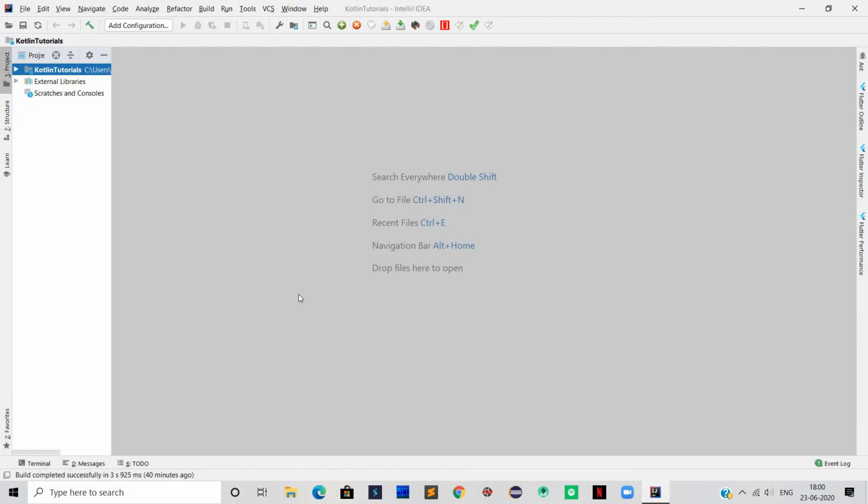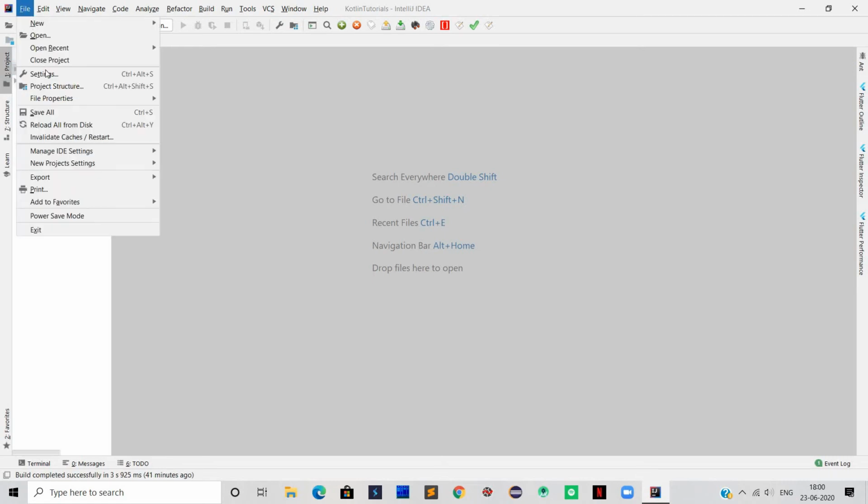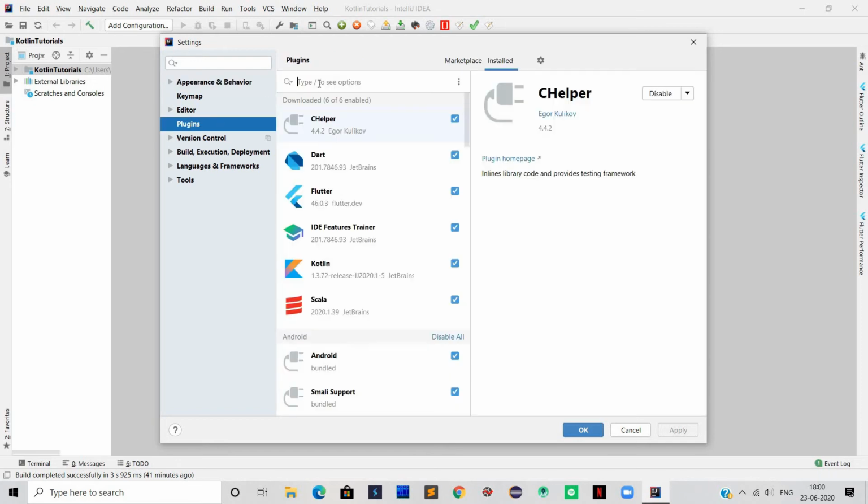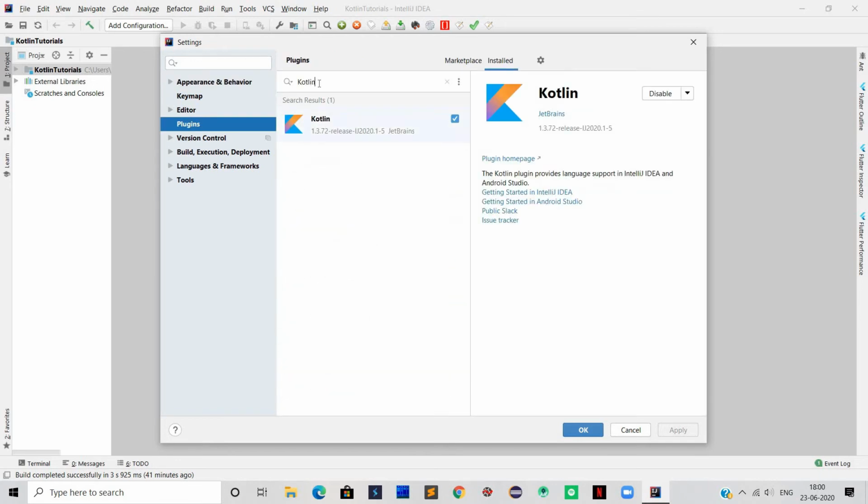We need to install the Kotlin plugin first. So let's do that. Go to file and then settings and then select plugins. Type Kotlin in the search bar. We need to install this Kotlin plugin. Since I've already installed it, it's not showing me the install button. But if you're installing it for the first time, you can see the install button. Click on the install button.